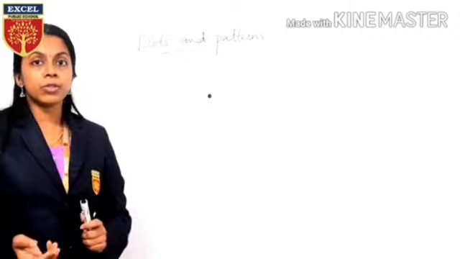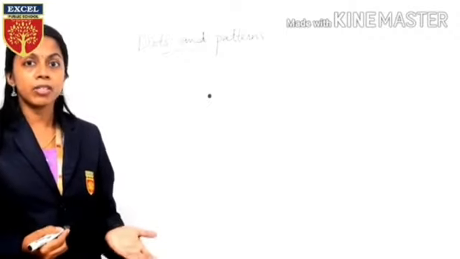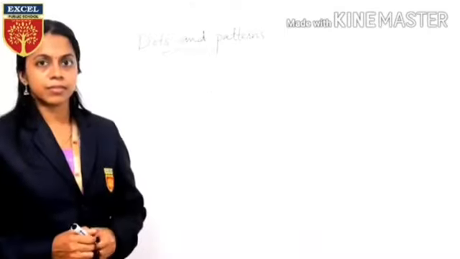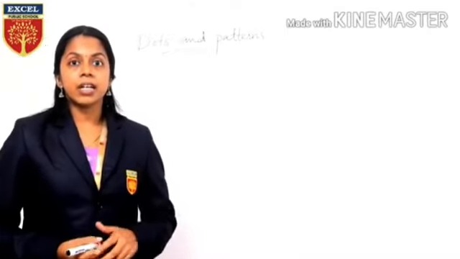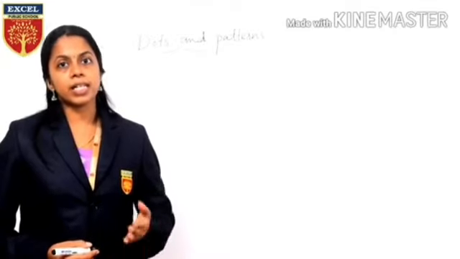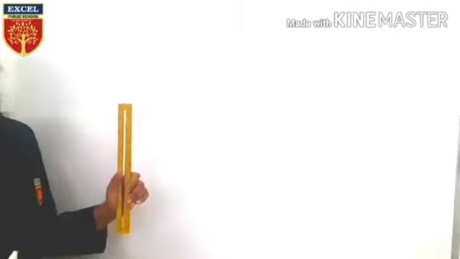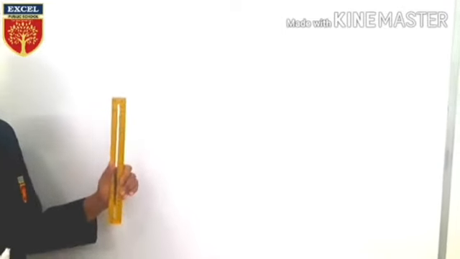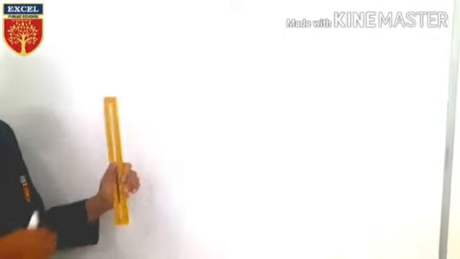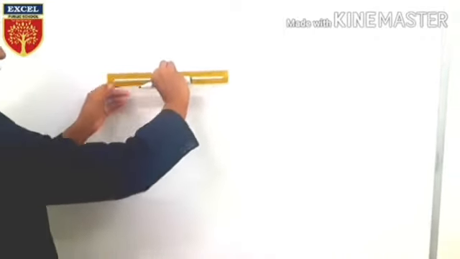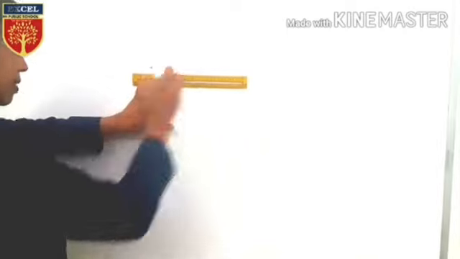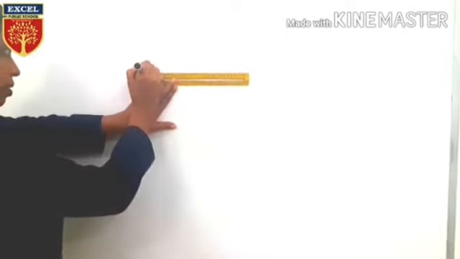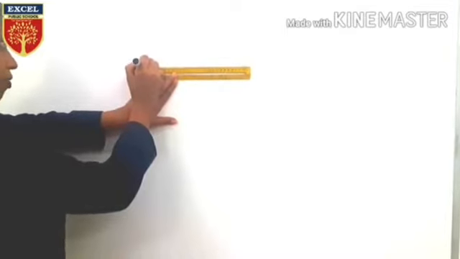Suppose I want to draw a straight line by using the dots, how to draw? I'll show you. So children, I'll teach you how to draw a straight line using dots. For that we need a scale also. So I am going to keep the scale like this. Then put a dot here on number 1.